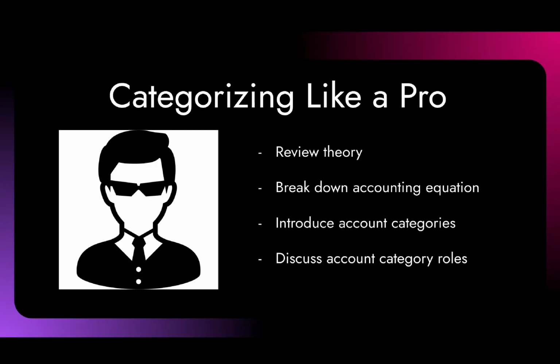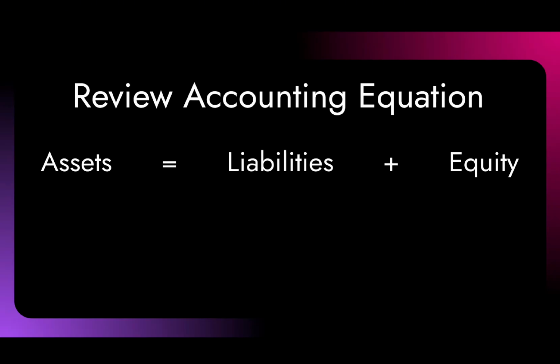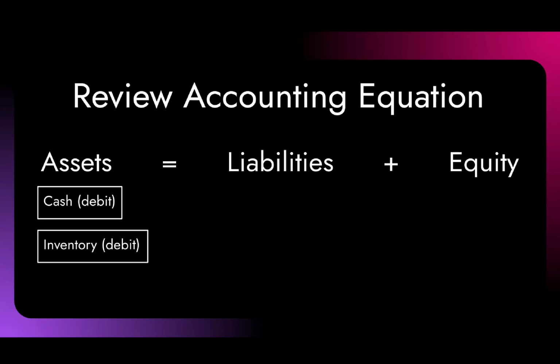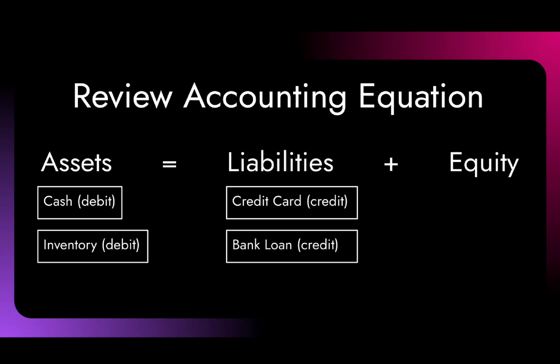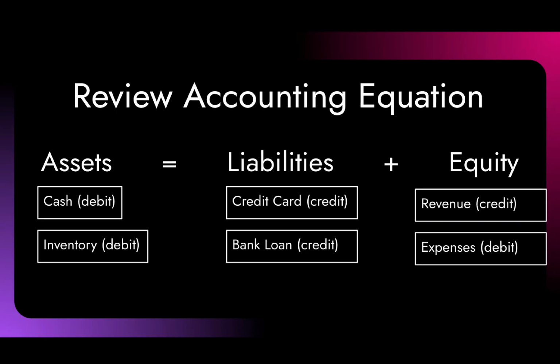in detail. Let's begin. The accounting equation is assets equals liabilities plus equity. Now, assets has a debit balance, while liabilities plus equity has a credit balance. And under each of these classes, we can place accounts. For instance, I can place a cash and an inventory account, both debit, under assets. I can place a credit card and a bank loan under liabilities, and they are both credit accounts. And finally, under equity, I can place my revenue account and my expenses account, revenue being credit and expenses being